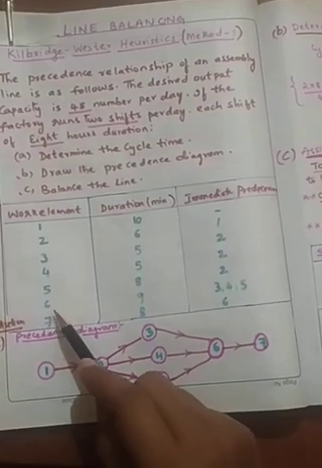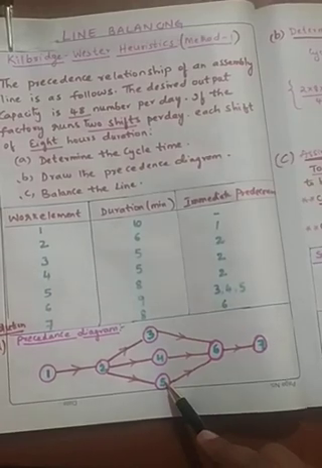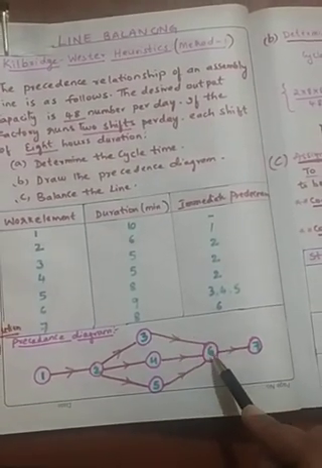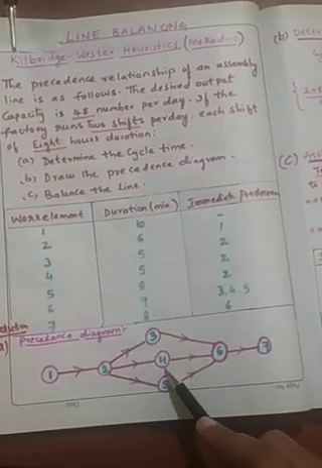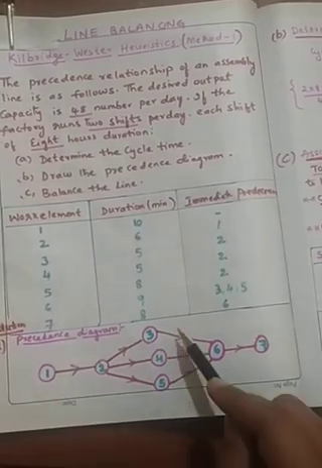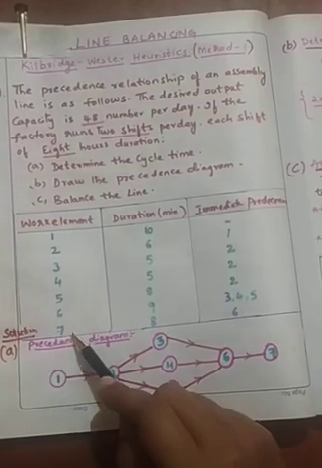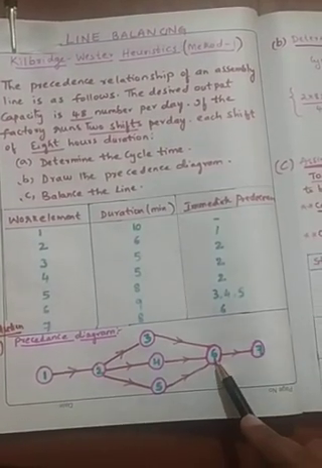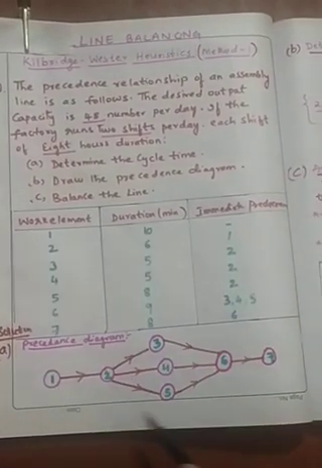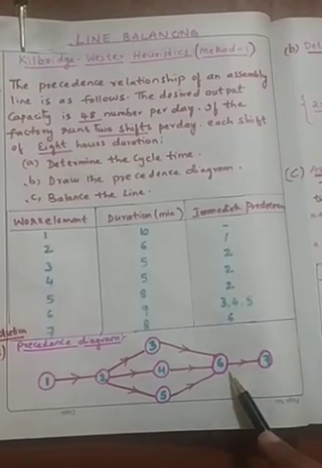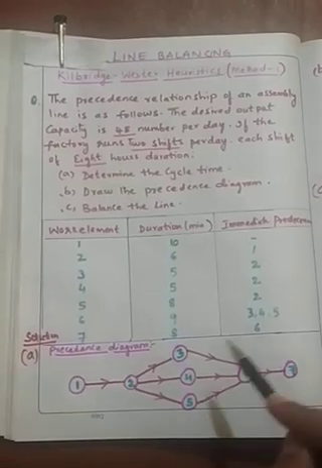Similarly, here you can see to start the sixth element, 3, 4, 5 have to be completed. Since we have completed 3, 4 and 5, then obviously you can enter the sixth element. So the sixth element will start only after completion of 3, 4 and 5. We have finished 3, 4, 5, so therefore we can start the sixth element. And finally to start the seventh element, the sixth element has to be finished. Since we have completed the sixth element, now we can go with the seventh element. That means all these 7 elements are interconnected with each other in a logical sequence, which is generally called precedence. Okay, so this is the way we are supposed to draw the precedence diagram.